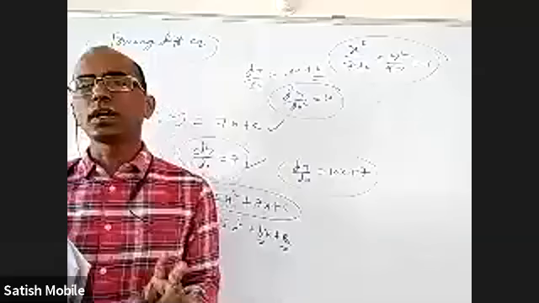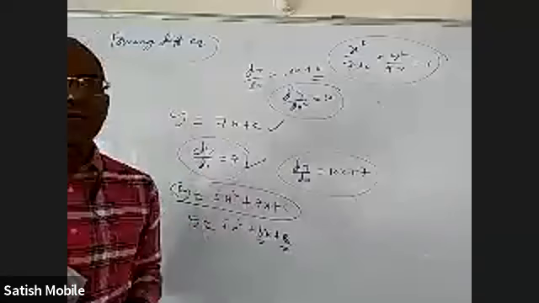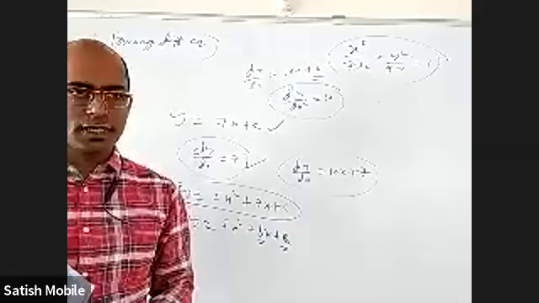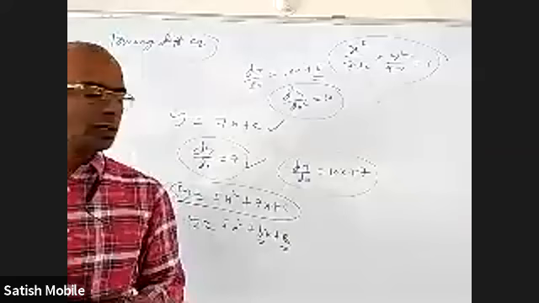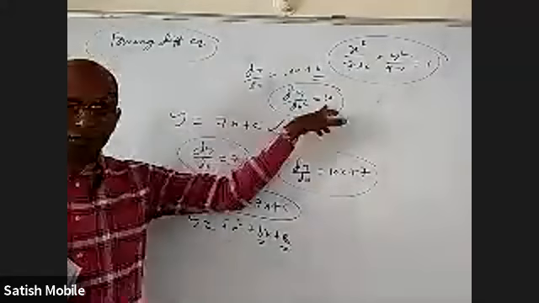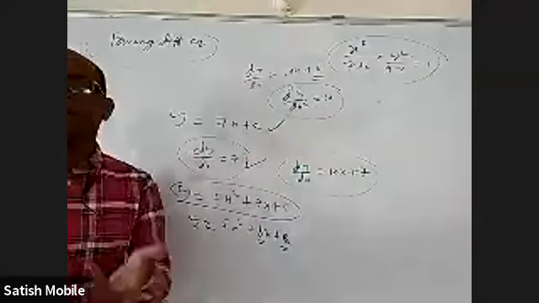If you have to eliminate two constants, differentiate twice. If you have to eliminate three constants, differentiate thrice. And then work out how to eliminate those constants and get the final equation. For example, here when I differentiated twice, I directly got d square y by dx square equal to 10. In some other case I may not get that.